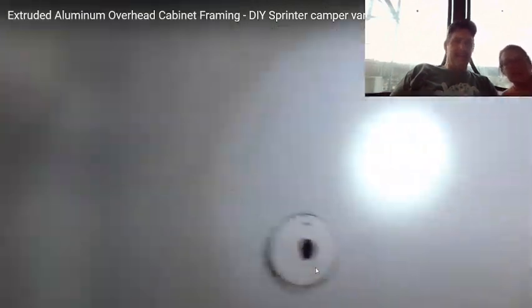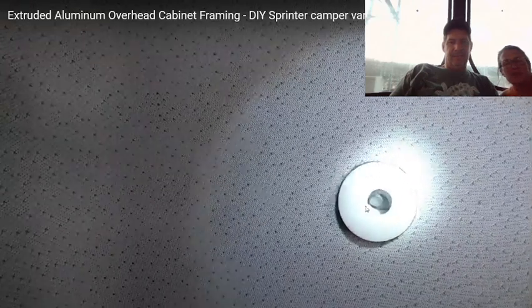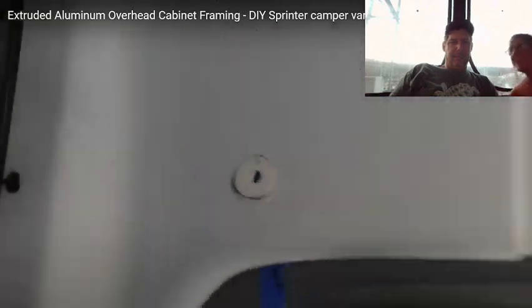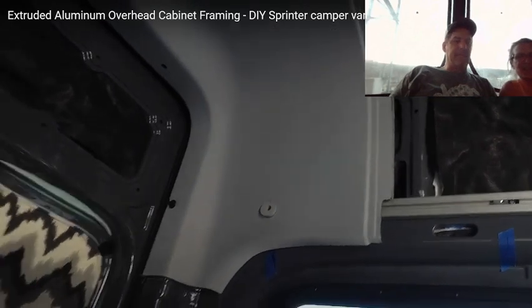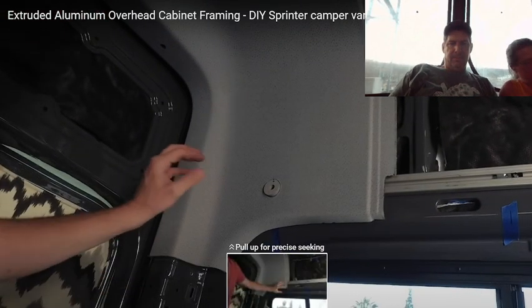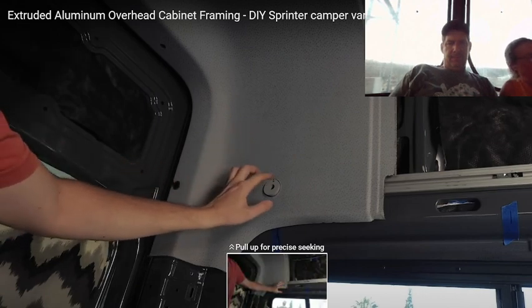I'm sure this couldn't come out any better. I don't know if you can see in there, but there's the T-nut. And it's perfectly lined up. It's a T-nut. We get nut and T in the same word. What we're going to do is we need to use an angle bracket that goes between